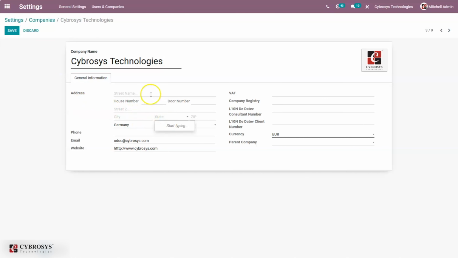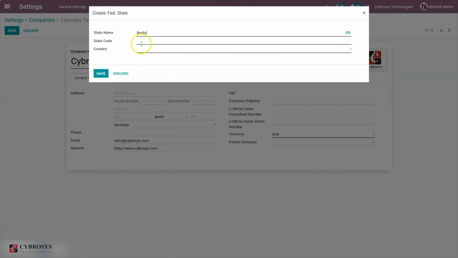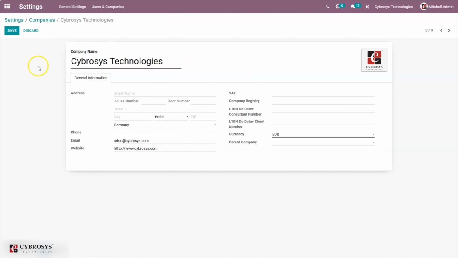So you can select a state from here. Okay, so after setting the country, state and city, here we can provide the VAT number, company registry, and you can see 2 other fields here. Then we can provide the company address.